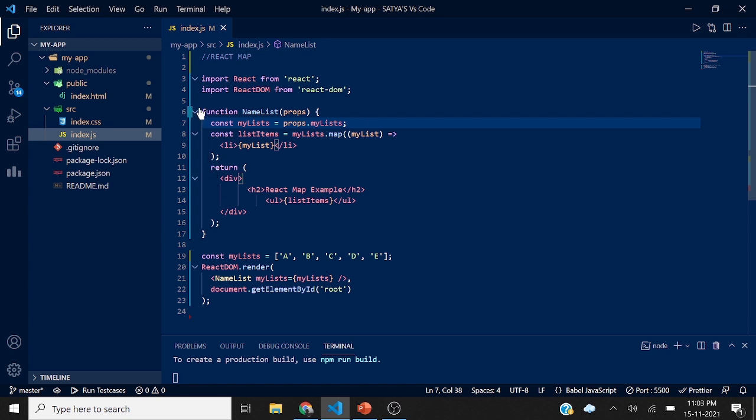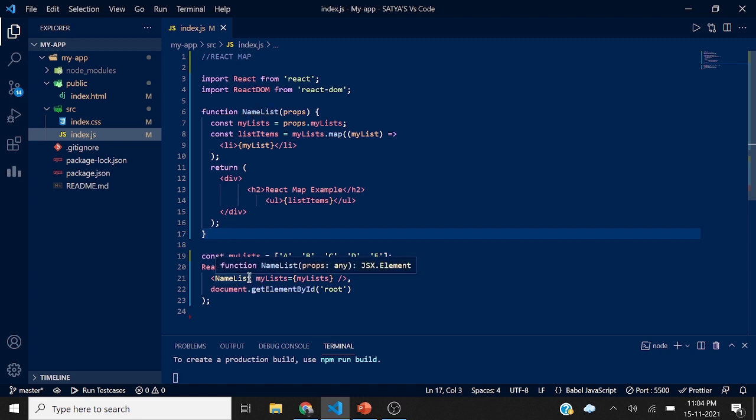Now after creating this entire component, it's time to render our component so that we can see the display. I'm creating a const mylist and giving a list abcde. Now it's time to render: ReactDOM.render. What I need to show is NameList, this is our component name.